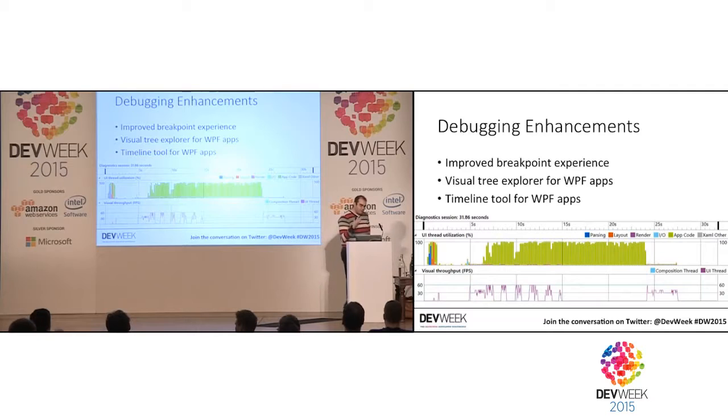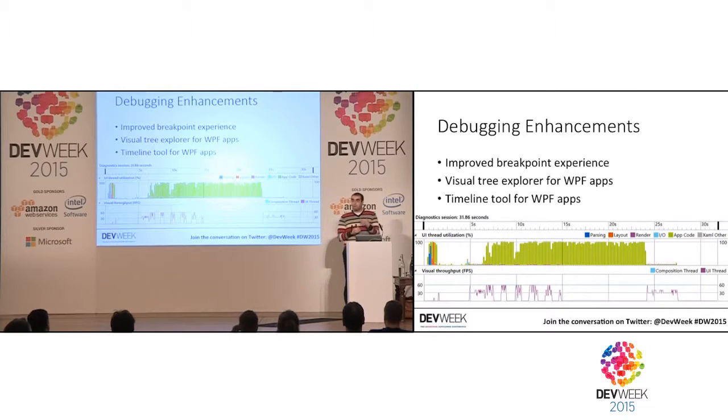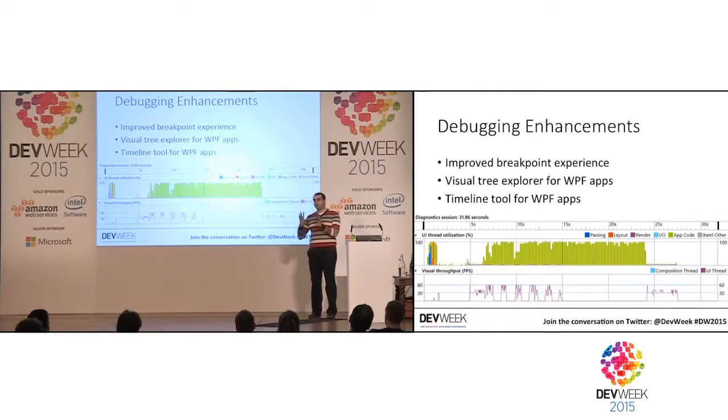So for WPF applications, Visual Studio 2015 has this really nice Visual Tree Explorer where you can see the relationships between different views in your view hierarchy and inspect properties of those views, like take a button and inspect its title and color and background, and also change those properties at runtime. So as you are debugging your application, you can make changes without touching your code, just through a nice visual window. And another feature, which I'll show you in a demo right now, is the timeline tool for WPF applications,